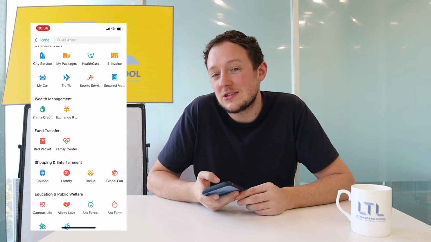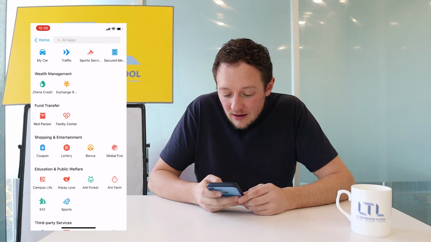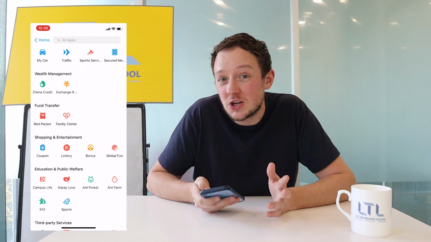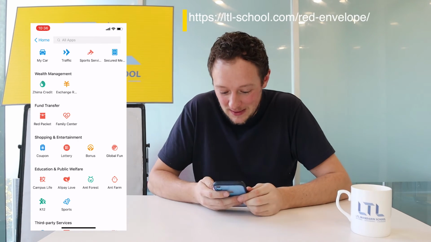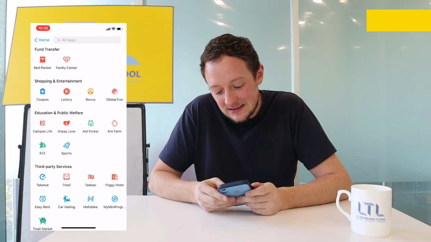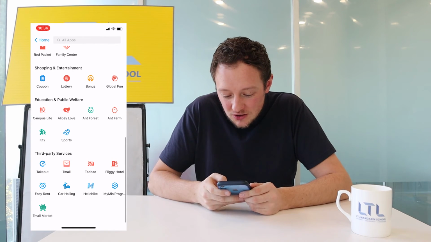Wealth management, which has a useful mini app called exchange rate, which again is quite obvious what it means. Fund transfer means you can transfer red packets, which are very common in China. We've also got a blog on that, Hongbao, go to it. You can send red packets to friends and family. You've then got shopping and entertainment, so you can do things like the lottery and manage your coupons, education and